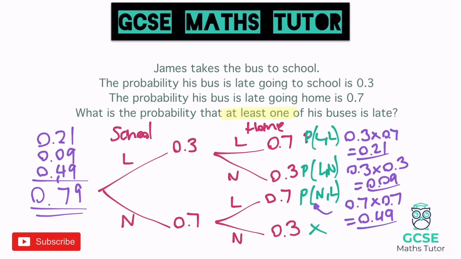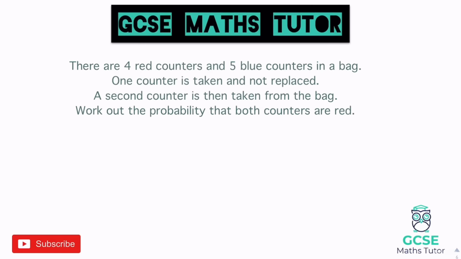Let's have a look at some with some fractions. So the hardest one out of the bunch here, we've got 4 red counters and 5 blue counters. One counter is taken and not replaced, and then a second counter is taken from the bag. Work out the probability that both are red. Now this piece of language here is important, taken and not replaced. So that's going to give us two options here when we do our tree,